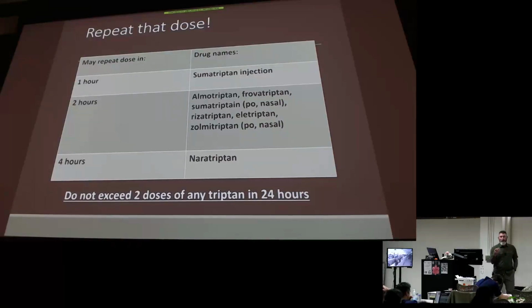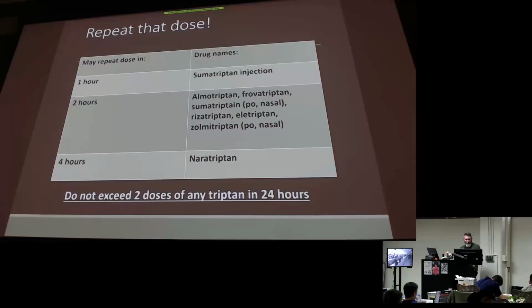Now, if they do well with one dose, you don't need to repeat it. Often we give our patients these medications in our clinic, while they're there, right? So they're super fast acting. You can do the sub-Q injection, and a lot of times have them hang around an hour. Now we're getting into clinical management, but we do often treat our patients in the clinic with an acute severe migraine. At least try to get them back functioning, right?